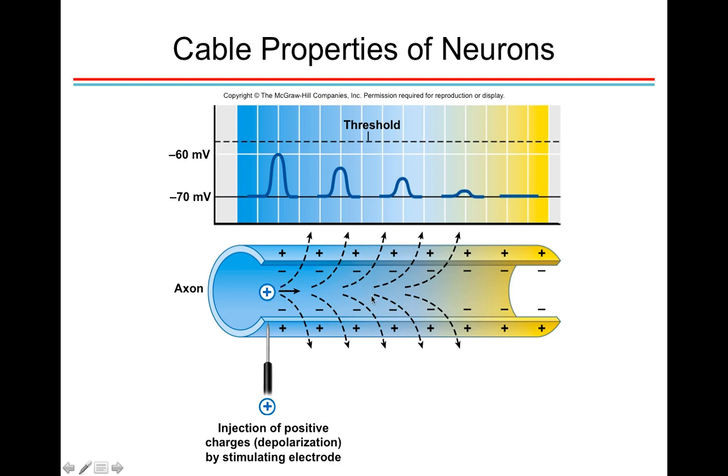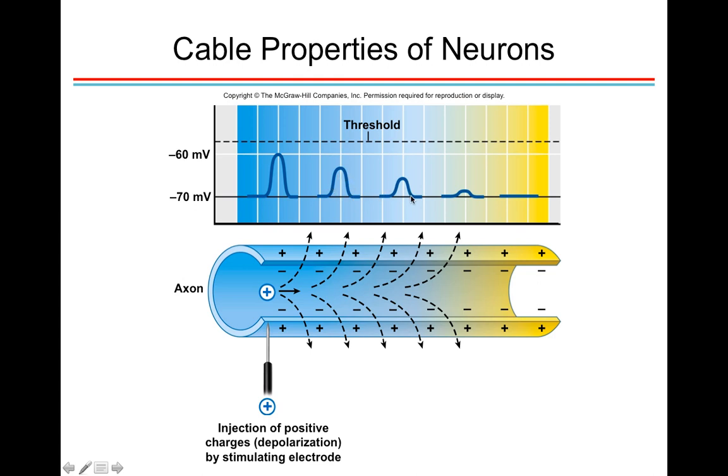However, the stimulus gets weaker as it travels over a distance, and that happens in cables, so we call it the cable property. But let's say you have something that at this position increases the membrane potential from -70 to about -60, right? As it travels further down the axon,